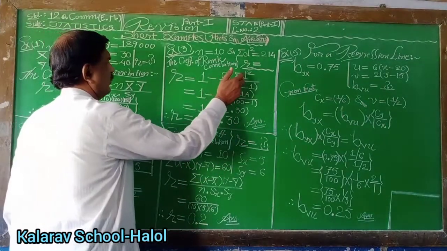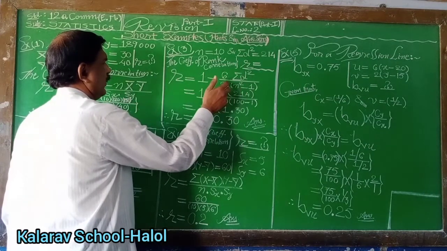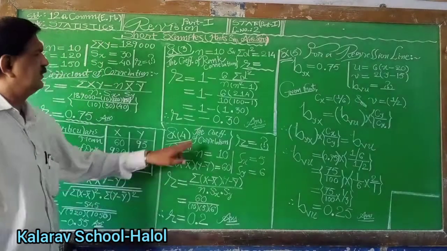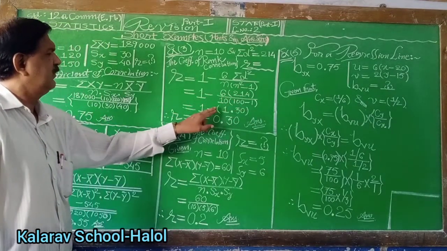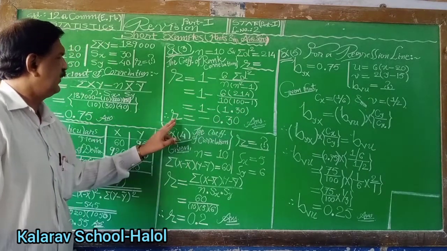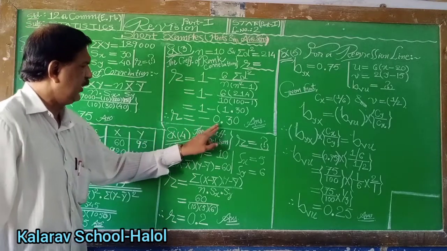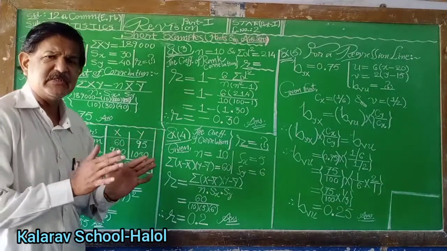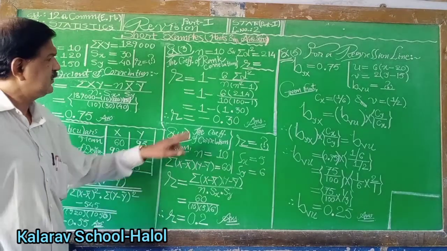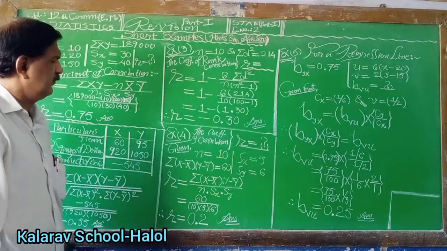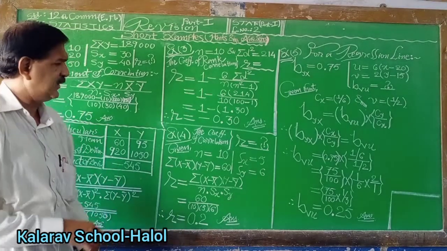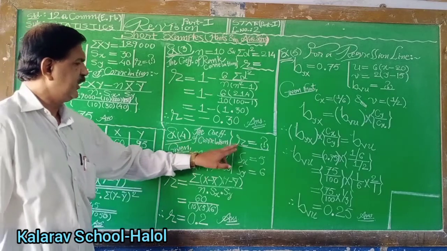Sigma d square 240, n equal to 10, so n square is 100, means 1 minus 6 into 240 upon 10 into 99. Simplify: the answer is r equal to minus 0.4545. This means the association is negative, they are negatively correlated, or there is disagreement. Disagreement also we can say. The coefficient of correlation r is the question asked.